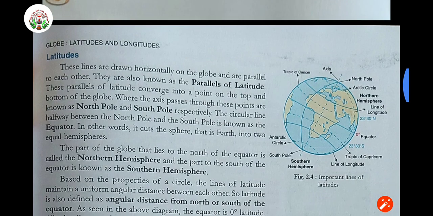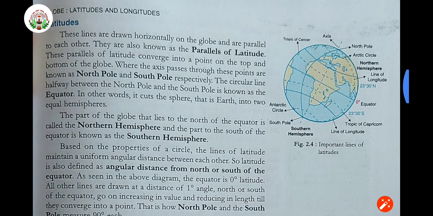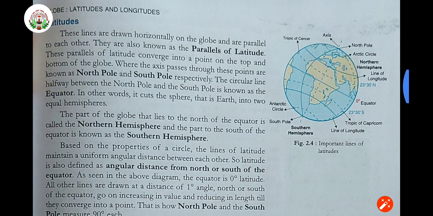Now we are going to study about the latitudes. These lines are drawn horizontally on the globe and they are parallel to each other. They are moving like that only. The whole circle is made in that manner only. These parallels of latitude converge into a point on the top and bottom, that is the north and south. Where the axis passes through these points are known as North Pole and South Pole,